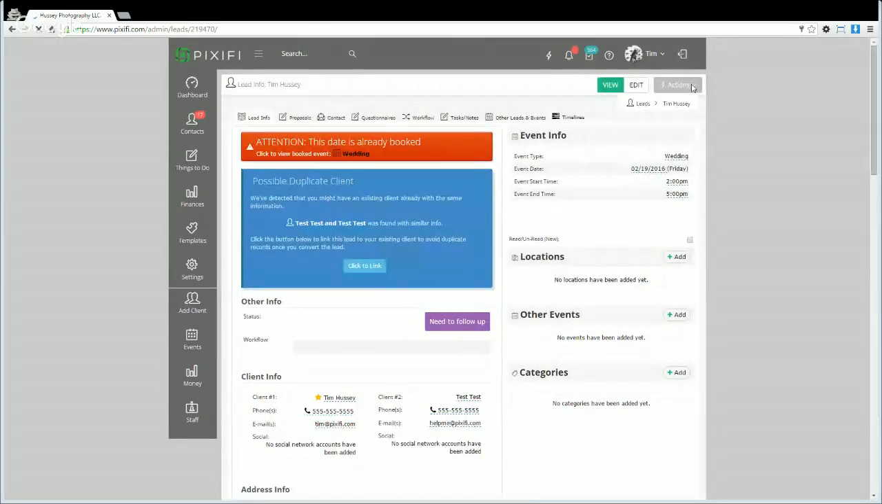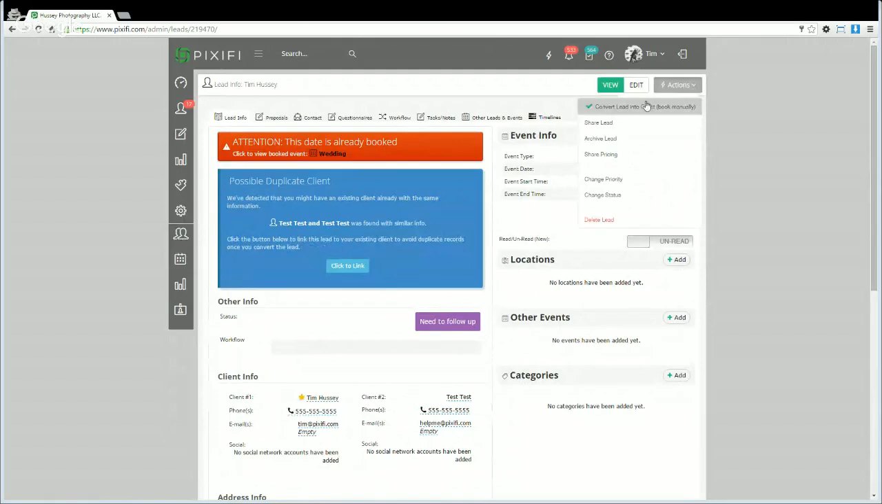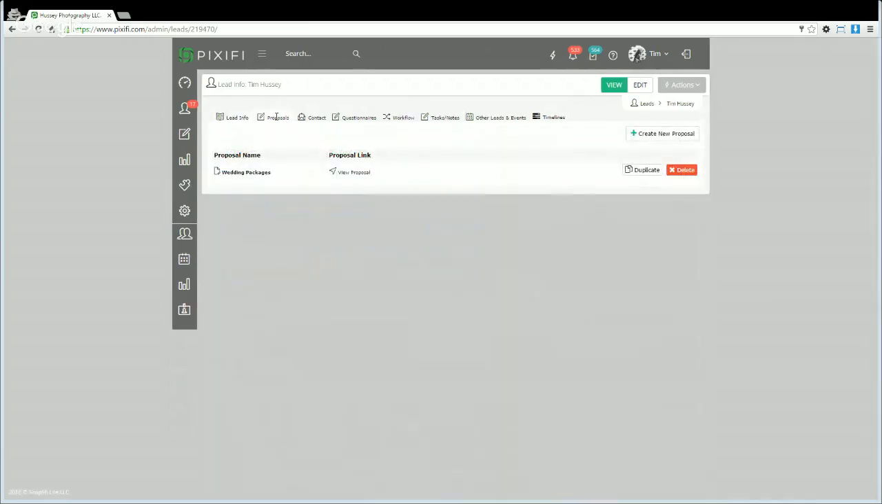All right. Now I can book this lead manually by clicking on the actions button at the top and then going to convert lead into client, book them manually. And that will convert my lead into a client and then into an event based on all this event data that I've entered. And then from there, I could add an invoice for what they've ordered and then add a contract, and link the invoice that I just created to the contract, and then send them the contract, have them sign it, and have it prompt them to make a payment. Or the easier way is to